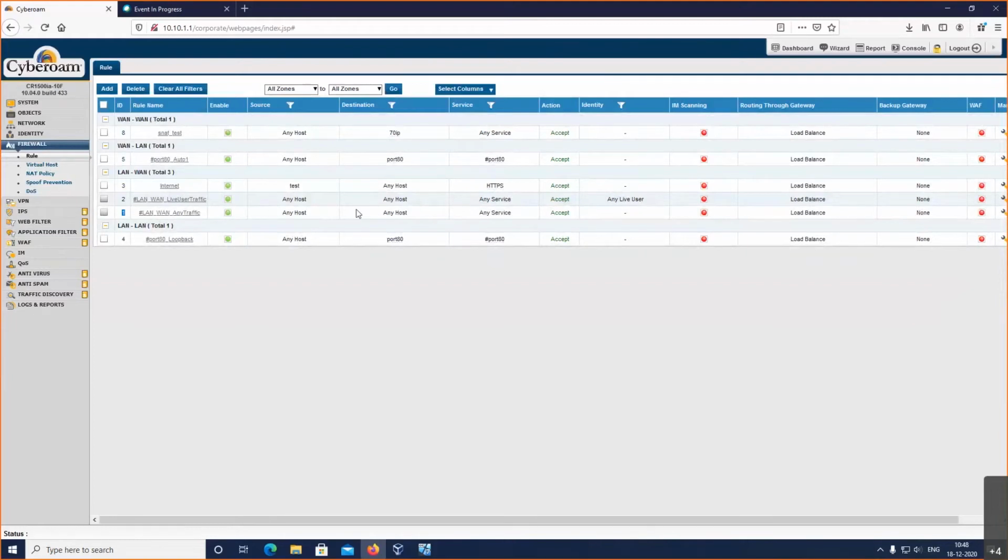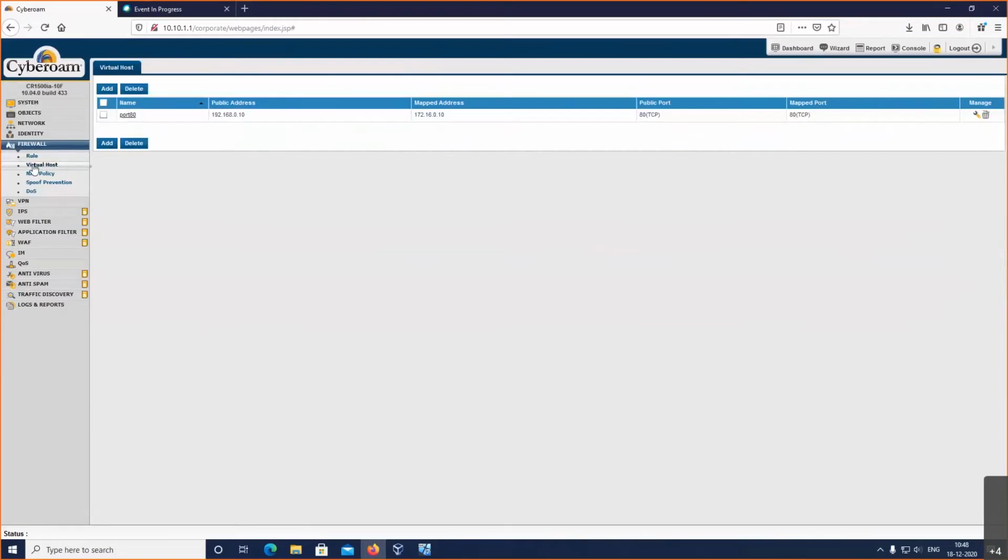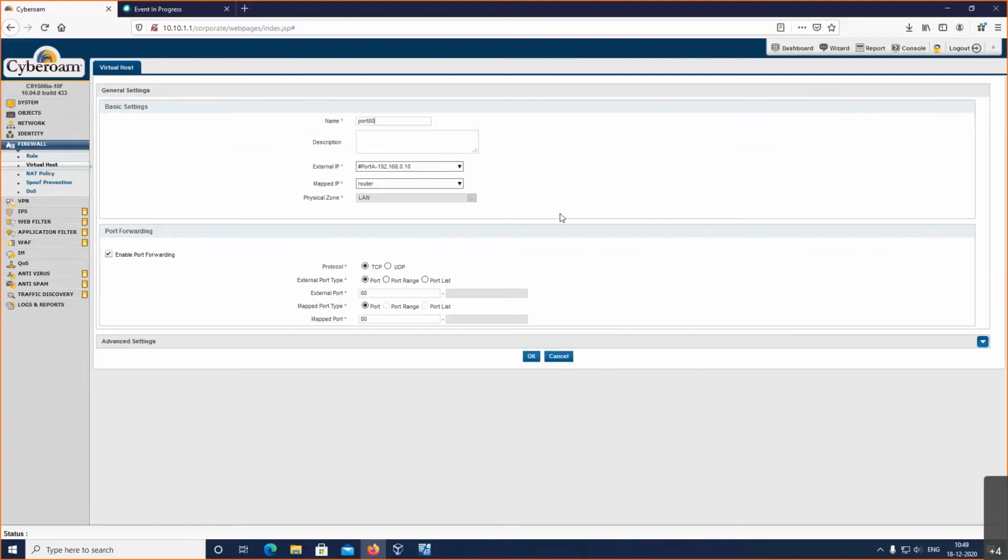And the other part is the virtual host. Let's say we have a DMZ or an environment where we are hosting services. With this, we can define this DMZ. Let's say I am assigning a public IP of 192.168.0.10, which is given to the public, but onto which IP am I mapping this?